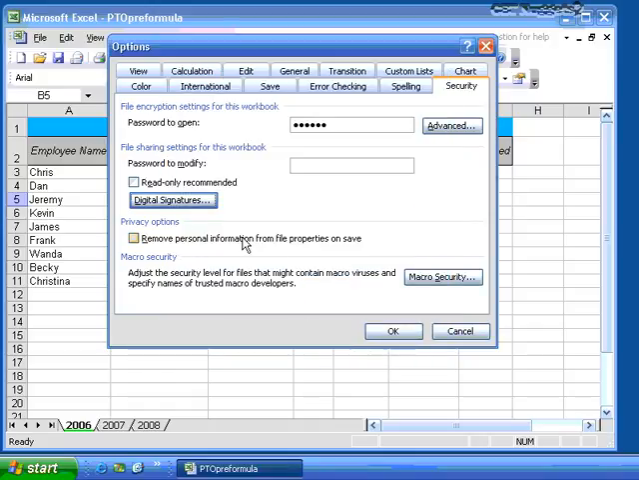And again, there's a couple other things that we can see here. We'll talk about macro security in the macro video, but privacy options. I can remove personal information from the file properties on save. This is good if you have a company and it's got, when you signed up your Excel or your Office 2003, if you have personal information in there, you can remove it from the file properties. So if someone right-clicks on a file and looks at the properties, they won't find out your name